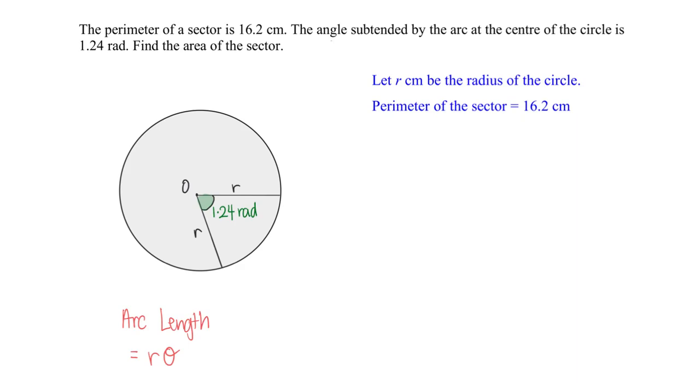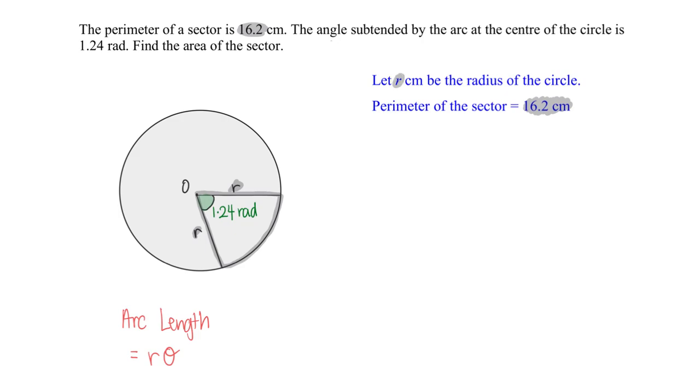Hello everyone, welcome to this video where we are given the perimeter of a sector is 16.2. That means this radius plus this radius plus this arc is 16.2. The next thing also that I would like to highlight is that I'm going to let R be the radius,